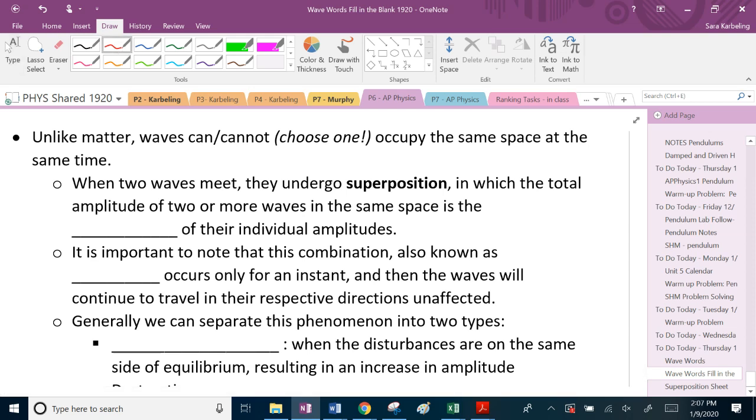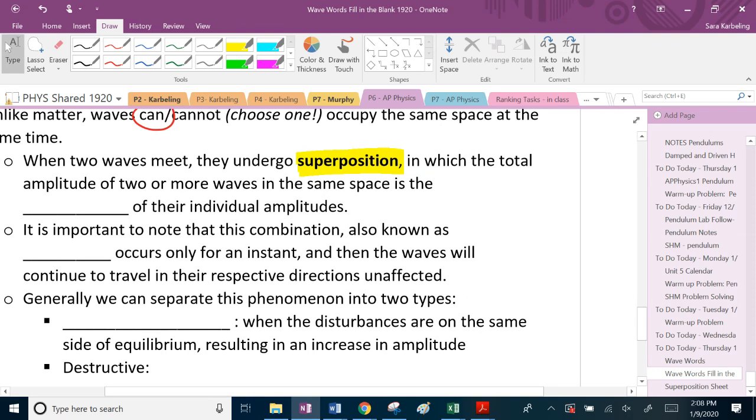Unlike matter, waves can indeed occupy the same space at the same time. When two waves meet, they undergo this thing called superposition. If you haven't underlined or highlighted that word, I would definitely do so. It's a big one. We'll talk about it tomorrow or Monday. It's where the total amplitude of two or more waves in the same space is the blank of their individual amplitudes. So this is what we started with, and then we were about to get run over, so we came back inside. If we have one wave that comes up like this, and another wave that's down like this,